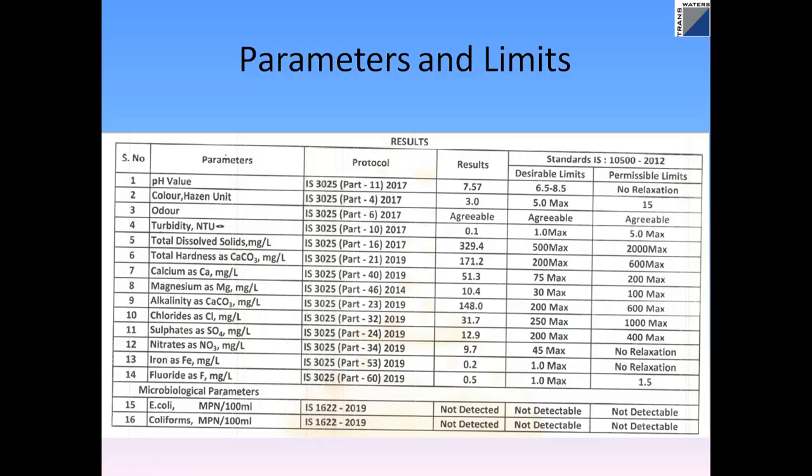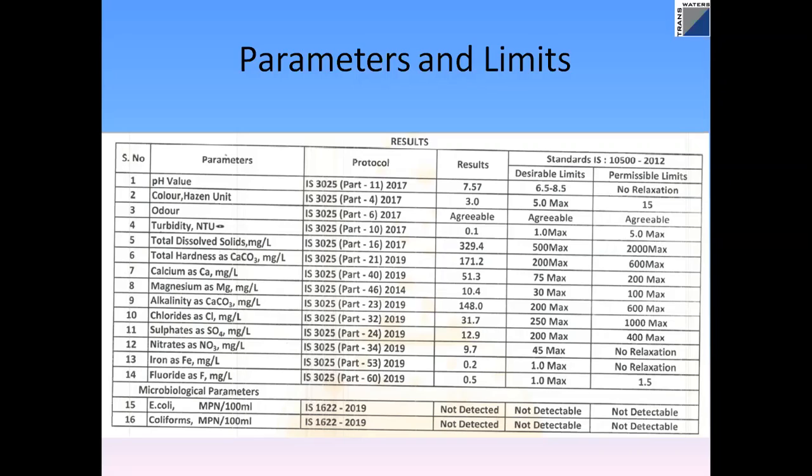Turbidity measures the clarity of water. It is measured in nephelometric turbidity units. So it needs to be less than 1. Sometimes in Kaveri water we have higher turbidity. In borewell water, for example, in Varthur Lake, the turbidity is 88 NTU. So based on the area and the quality of water, the turbidity, the clarity of the water changes.